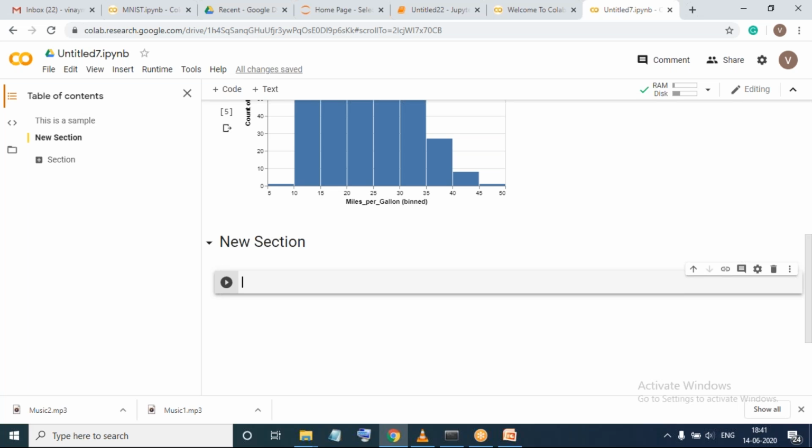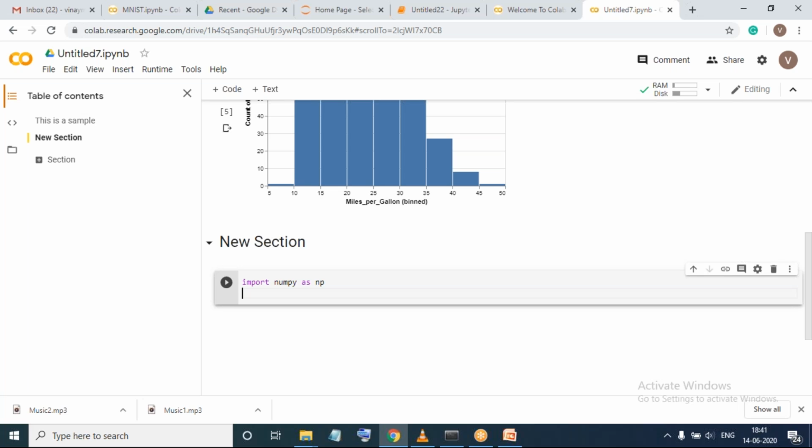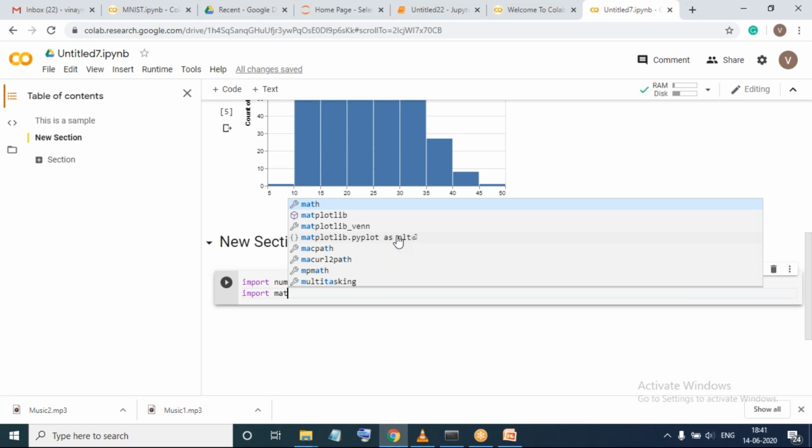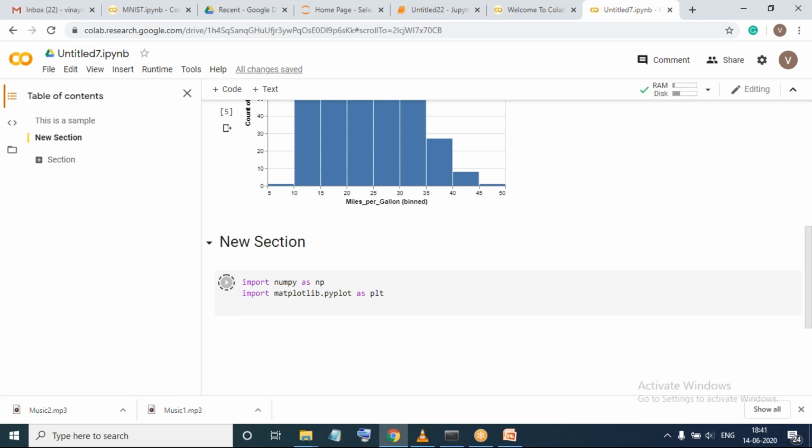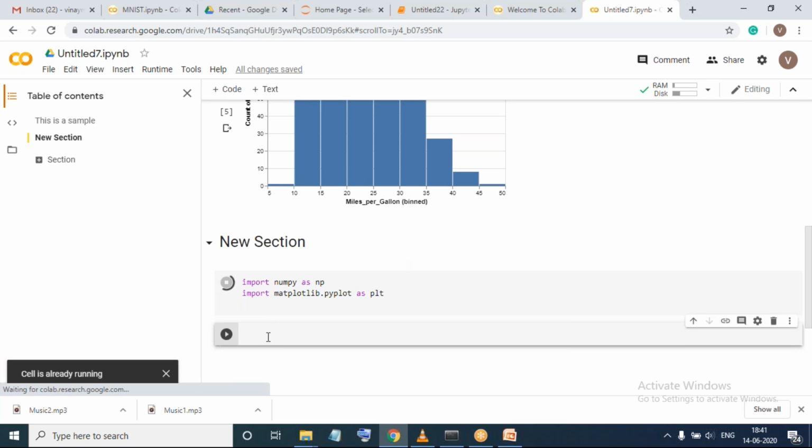Okay, so I want to import the library NumPy. Importing is very simple. Just type import and the name of the library. It is giving you an option, import numpy as np. Now I want to plot certain things, so I would be importing matplotlib, which is very much essential. It works for plotting. If I want to plot anything, I would be using this. So I'll run this. I've imported these things. I will do a shift enter, and I have run it, and I've created a new cell.